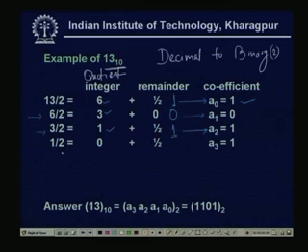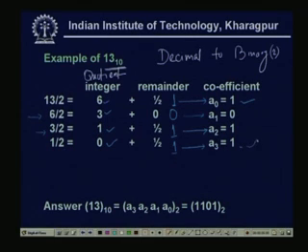So, again 1 divided by 2, now my quotient becomes 0 because 1 is less than 2. So, my remainder is 1 and I stop, because it will stop when the quotient becomes 0. So, this is my last coefficient, that is 1, and I will be taking this coefficient because this is my